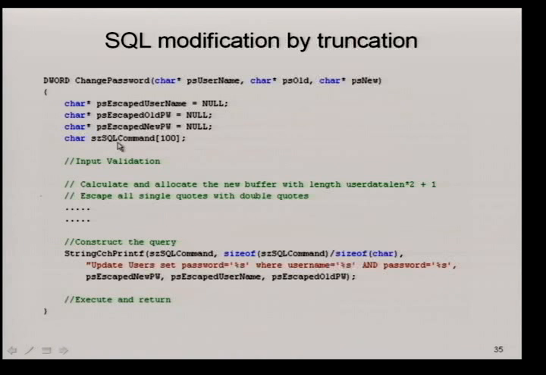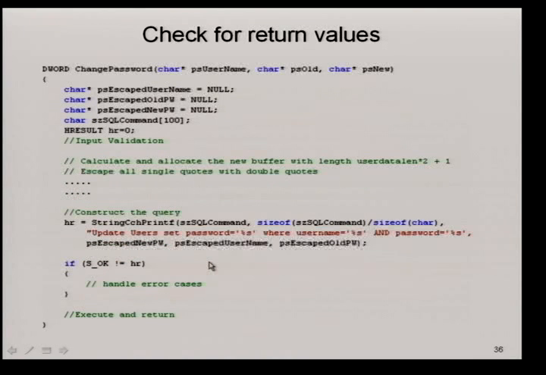But if you see here, the SQL command can only hold 100 characters, just like our T-SQL code example. So just like before, the truncation is going to happen in this SQL statement. How do you mitigate it? By checking the returned values in this particular example. You can fix it by calculating the buffers. At least if you had checked for the returned values, you can catch them.